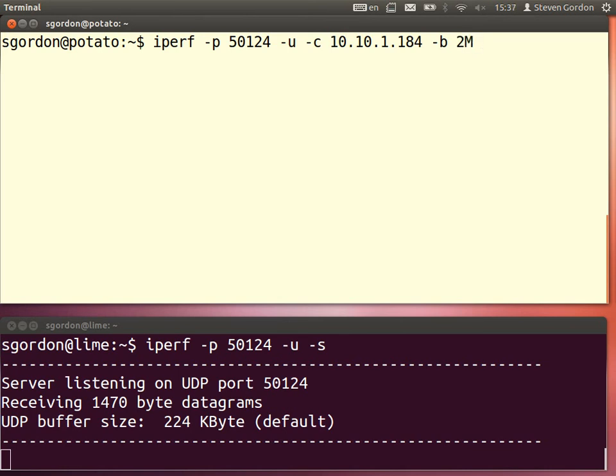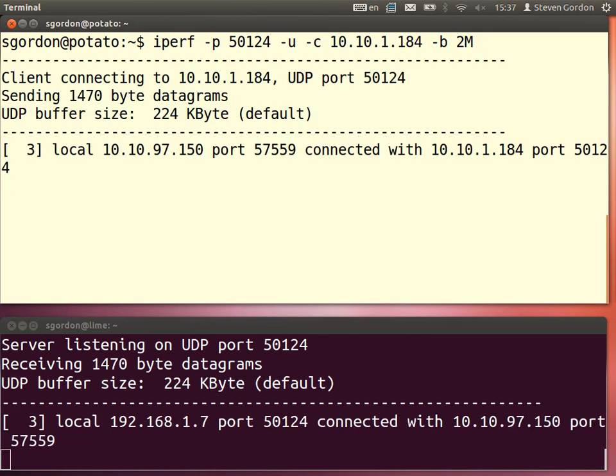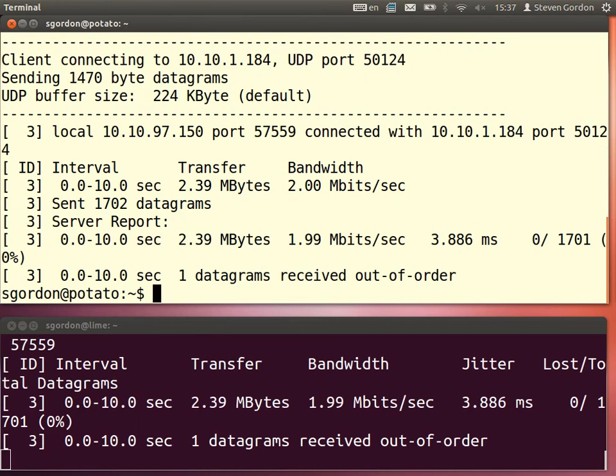In this case, IPERF calls it bandwidth, so the -b option. But think of this as the sending rate, the rate at which we send, 2 megabits per second. And we see it says, my client is connecting to the server 10.10.1.184 using port 50124, and it's sending 1,470